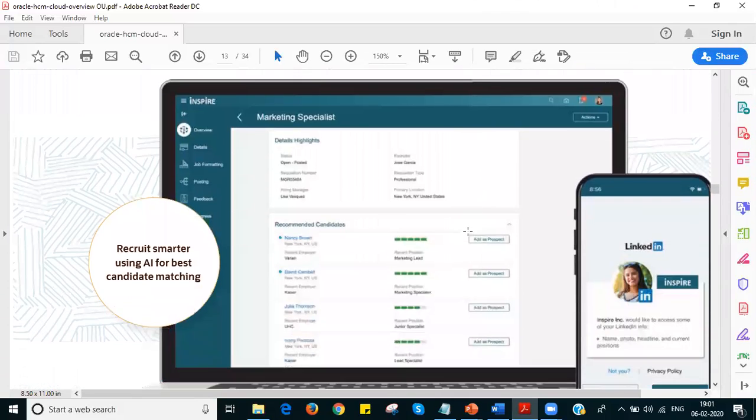Oracle Recruiting was made very easy in the current versions, in 19D and 20A for example. We can easily post a job requisition in ORC, which we call Oracle Recruiting Cloud. Once we post the job, internal or external, it can be published. And if someone is hired, the total process until they get onboarded into the system is taken care of in